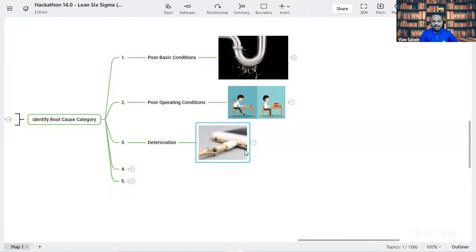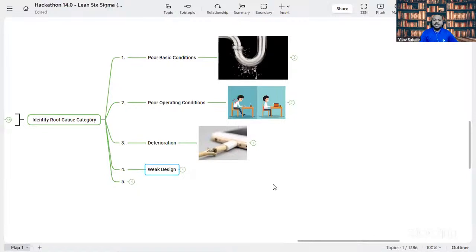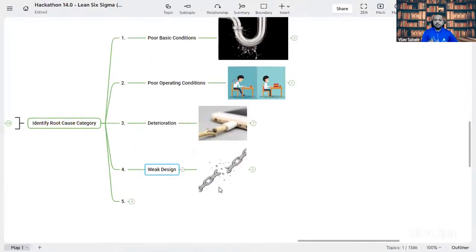Now, the fourth element is weak design, right? How can we say that there is a problem with the weak design? If you can see there is one element that is continuously failing, that might be because of the weak design, right? So you can involve your subject matter expertise and see why that particular element or link is failing frequently, right? So do you know, or can you guess, what things we can implement in this situation to address the issues of weak design?